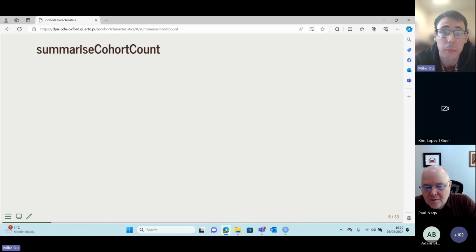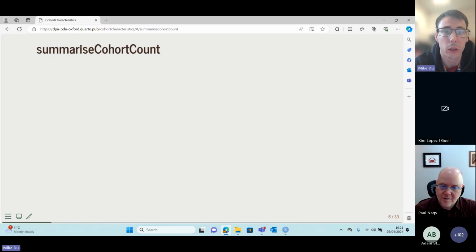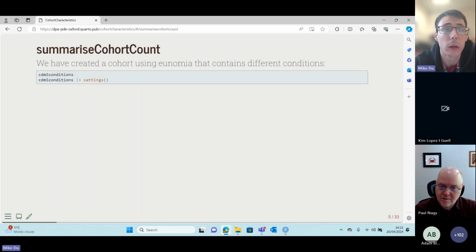I'm skipping the part of the code to create the cohorts, but everything has been done with the functions Adam presented before. I'm happy if someone has more doubts or needs help to regenerate all the plots that I'm going to show. So basically, when we create a cohort, for example, in this case, I created a cohort that contains